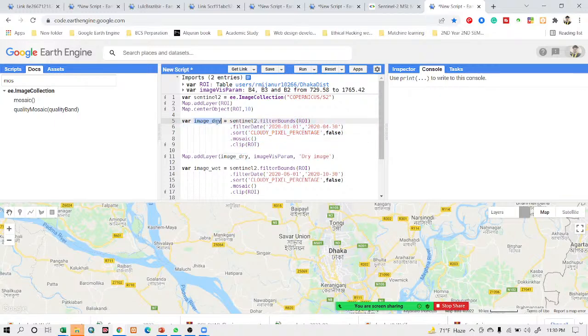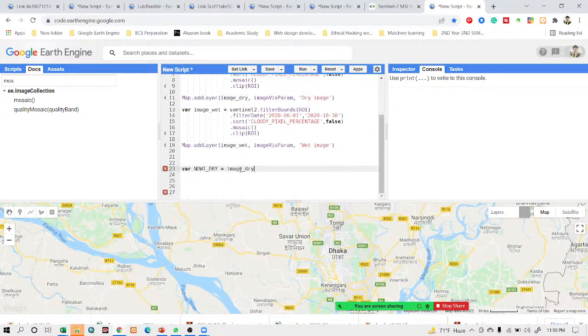I simply copy and paste here. After this, you can use here the expression function. If you want, you can use here the equation, what you need. And we know that when you work with the NDWI, it defines the 2 band. First band is that